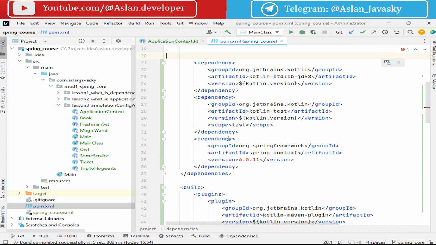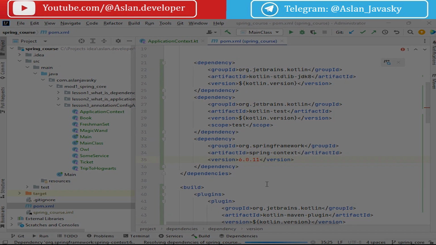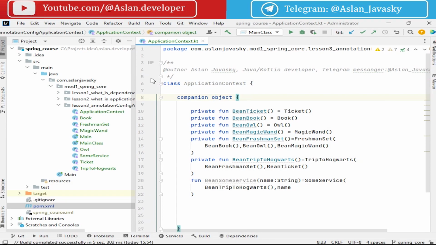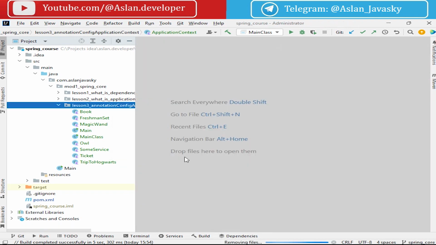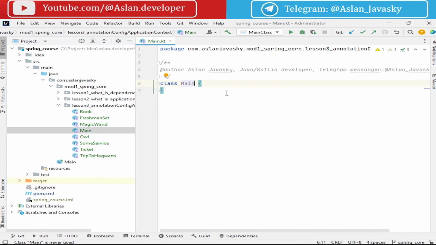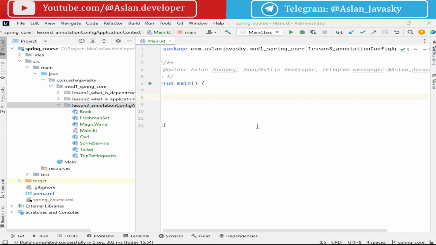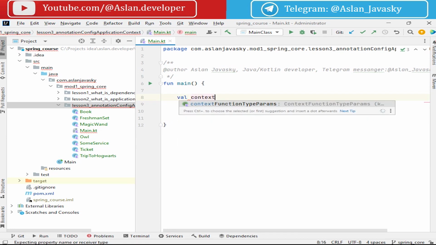Let's look at our program. We can see the dependency org.springframework Spring context, and this is the version. Okay, and synchronize. Now Maven is downloading libraries for us. And now we can delete this manually created application context. I will create a Kotlin main with a main function. And now here we can create a context by